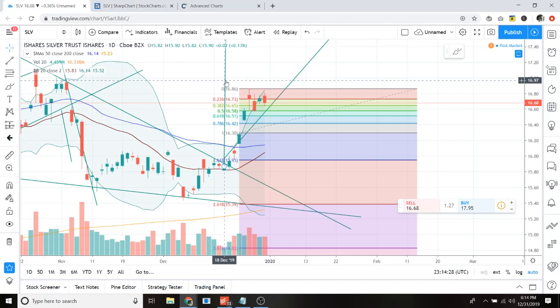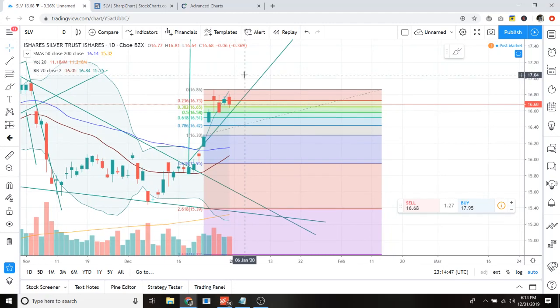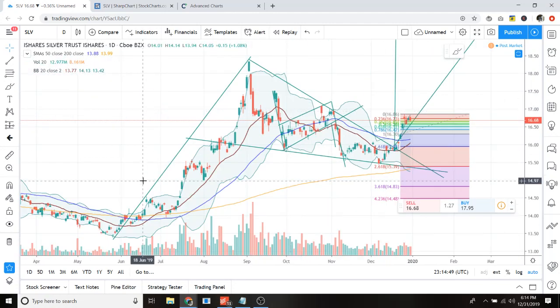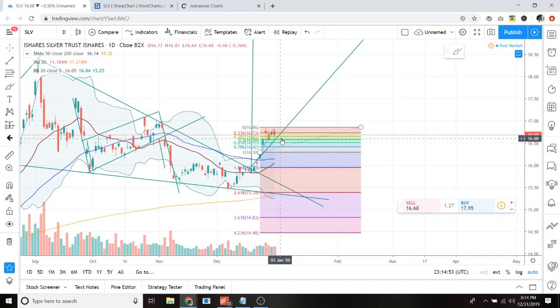We don't gamble here. We don't want any trades that aren't in our favor. We see exactly what we're trying to do here, and we see prior price movement. We see historical data, and we emulate that, and we have tight stops. We're not here to lose money. We're here to make money, right? So that's what I want to look at on the short term, right? I'm looking for a move to 16.5,